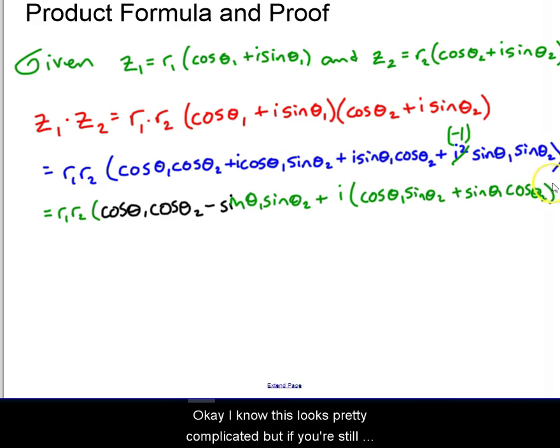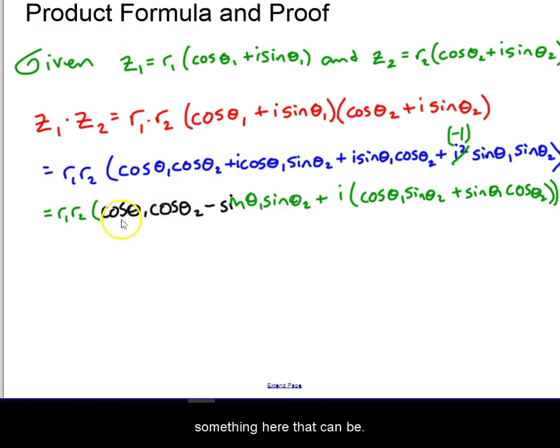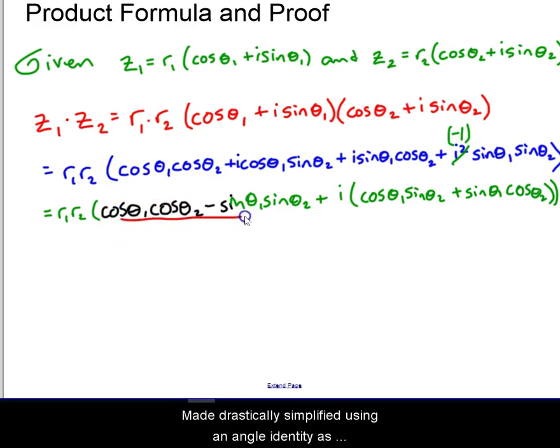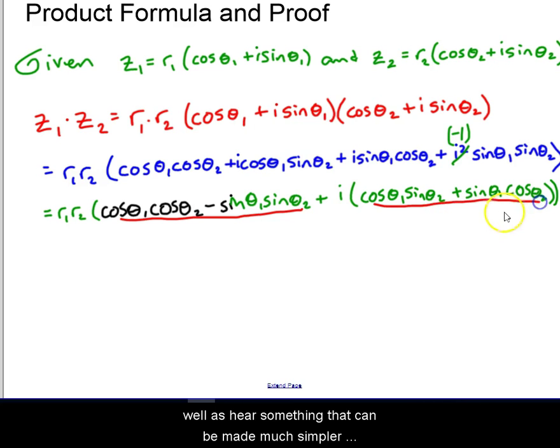Okay, I know this looks pretty complicated, but if you're still sticking with me on this, this is what we've got. We've got something here that can be drastically simplified using an angle identity, as well as here, something that can be made much simpler using an angle identity. So let's check it out. Revert back to our